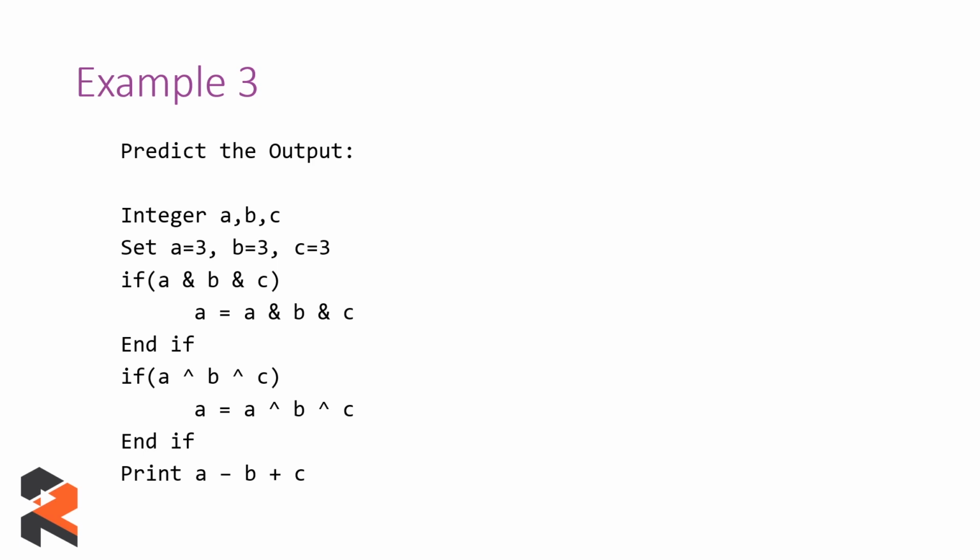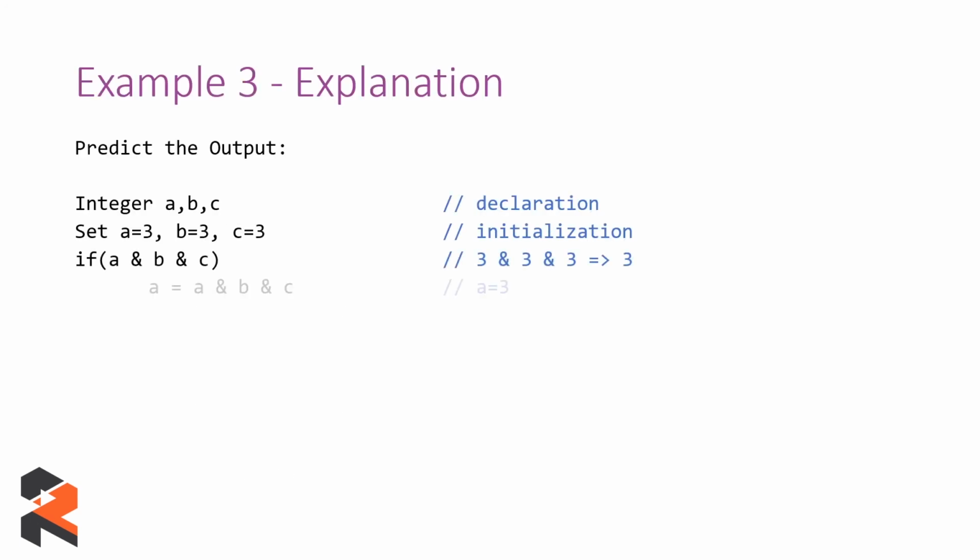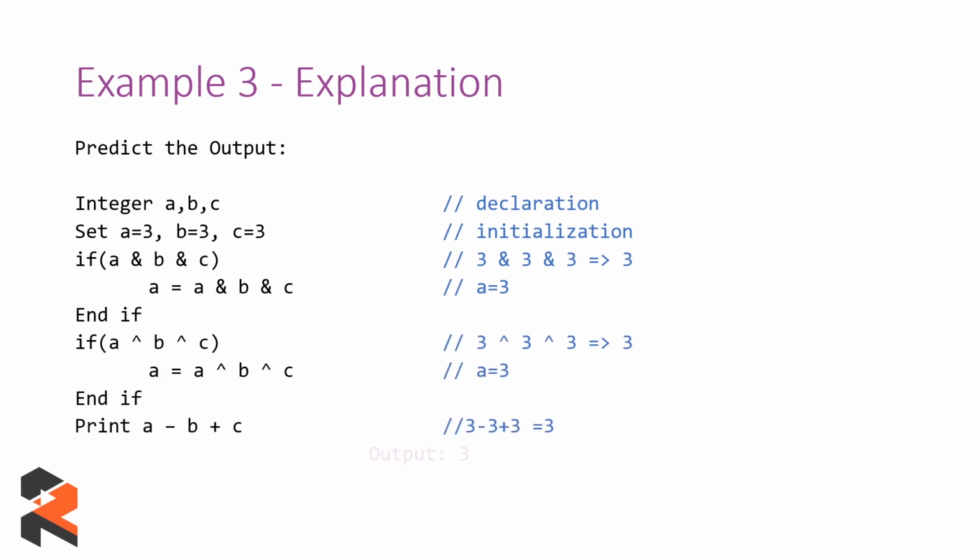However, we cannot be sure about this every time. So you need to check your code, and then we finally print the output, that is A minus B plus C. So all of them were holding the value of 3, which will get evaluated to 3 minus 3 plus 3, and the output will finally be 3. So sometimes this code might look intimidating, but the variables and the calculations which you are performing on those variables matter the most. So if you are perfect on that particular thing, then it should not be a problem and you will be easily able to solve it.